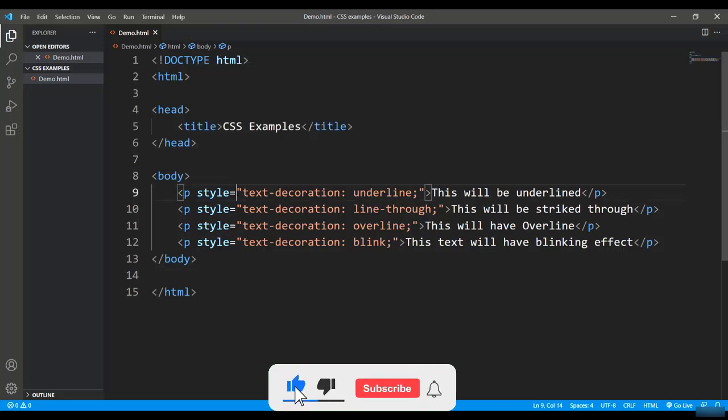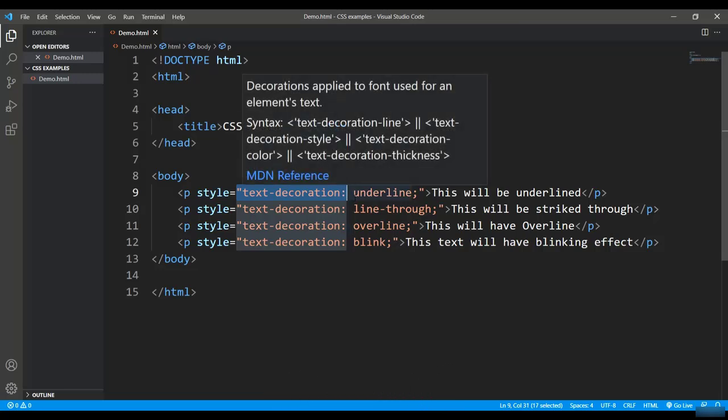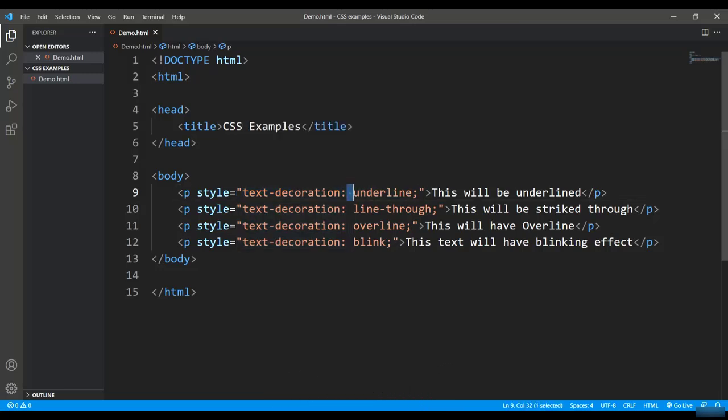Here you can see I have used different options regarding the text, like text decoration. In text decoration I have several things, like I can make it underline, line through, overline and blink. Line through means the line will be passing over the text, and overline means it will be on the upper side of the text, while blink will show you blinking text. So everywhere I am using the text decoration attribute with different possible values. So let's come to the browser now,